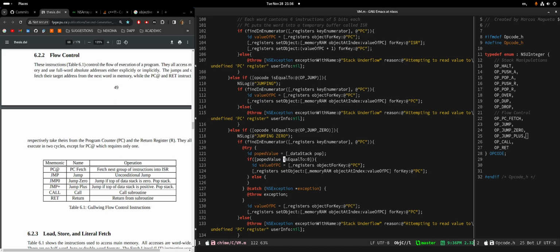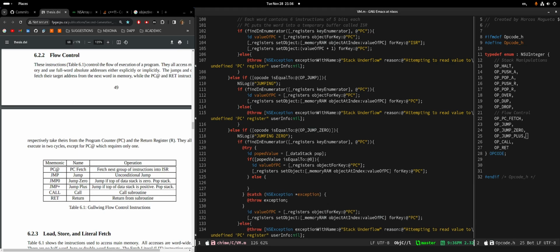The popped value is an ID, right? So you need to put an at sign before the 0, like this. I'm not sure if you need parentheses. I think it's a literal, so probably no. We're going to discover pretty soon anyway. So then, if it isn't, we just increment